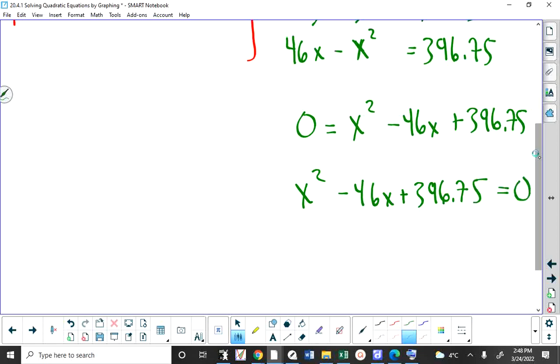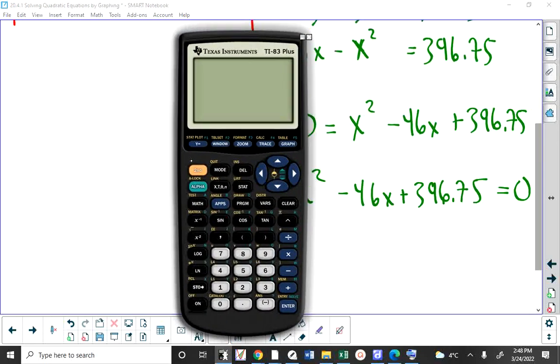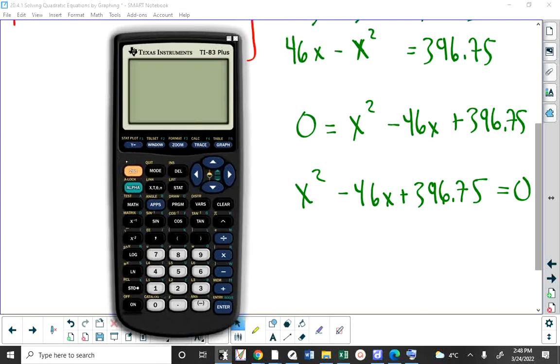I moved everything to the right, but I'm still going to write it on the left. Because if it's 0 equals that thing, then that thing is equal to 0. Okay, so now we have to find the x-intercepts of this. And even once you find the x-intercepts, there is a subtlety to this question that is very, very slippery, mentally slippery. So I'm going to enter